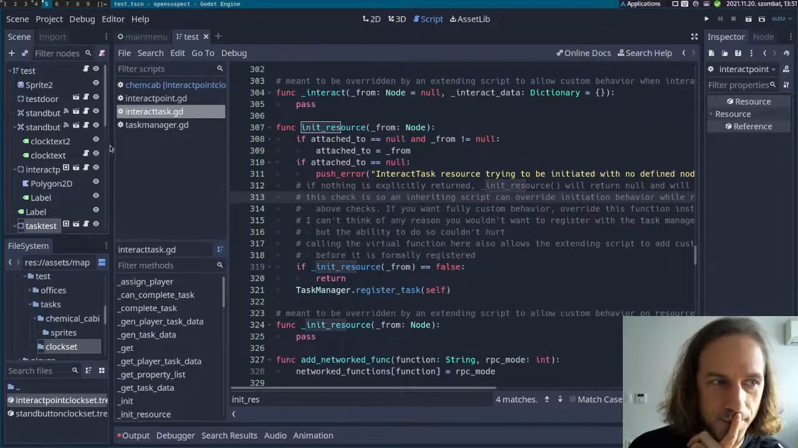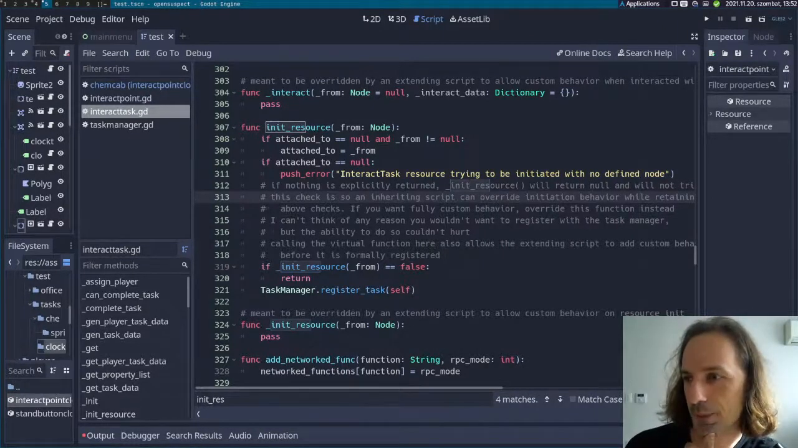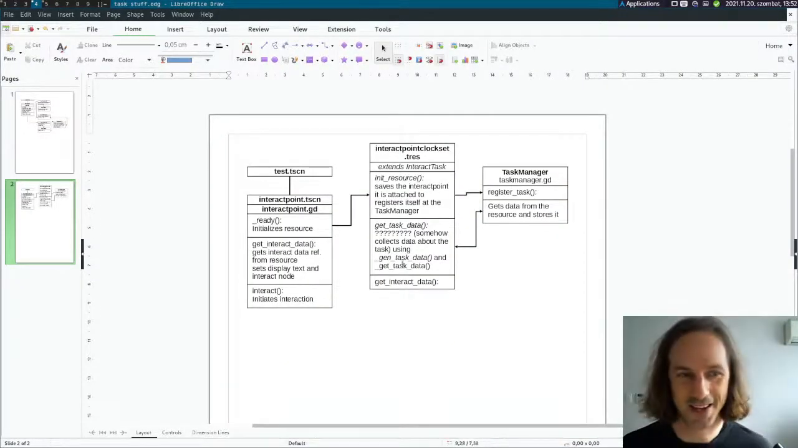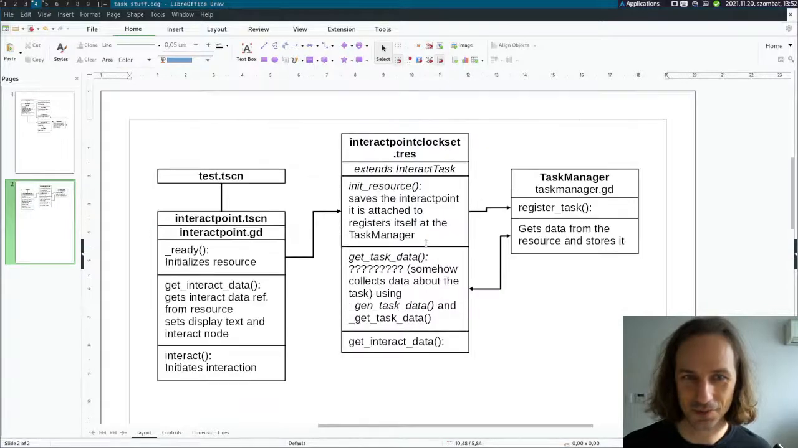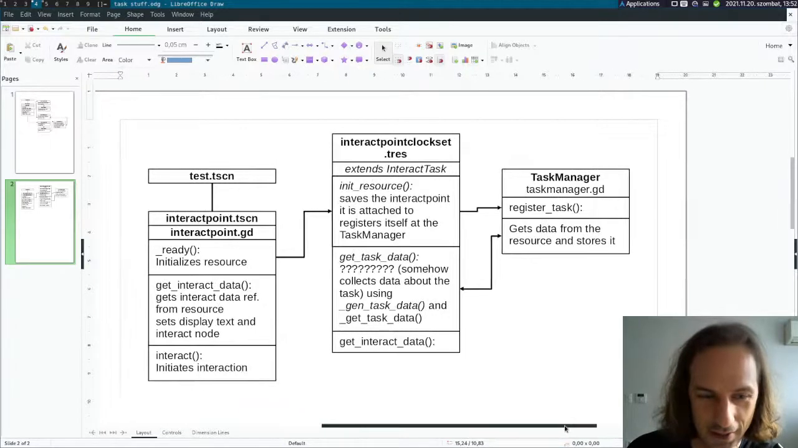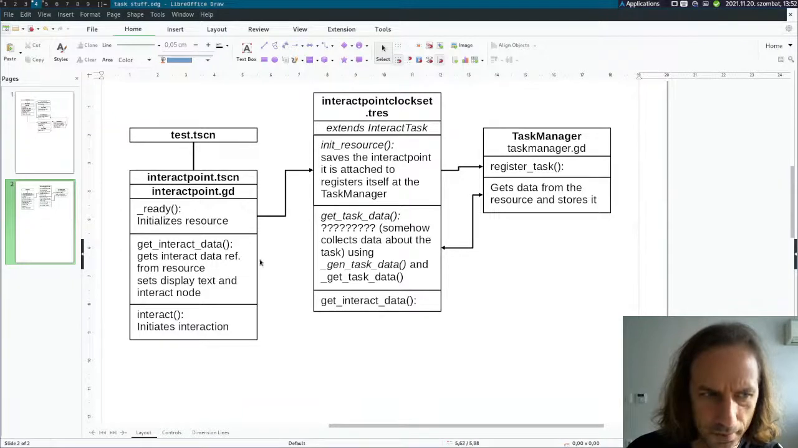So I've spent more than an hour trying to figure out what the situation is here. This is what I came up with at the moment. This nice little drawing shows us how the currently implemented dummy task works. So I think what I'm trying to do here is